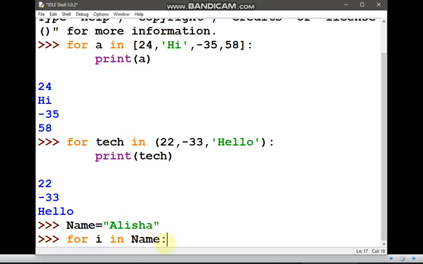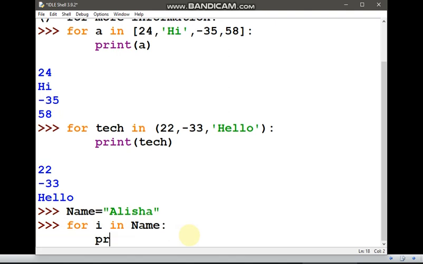So here I am taking the name of the string itself, rather than directly writing the string in quotes here. I am taking the variable name, the object which I have declared. Now I will write print.